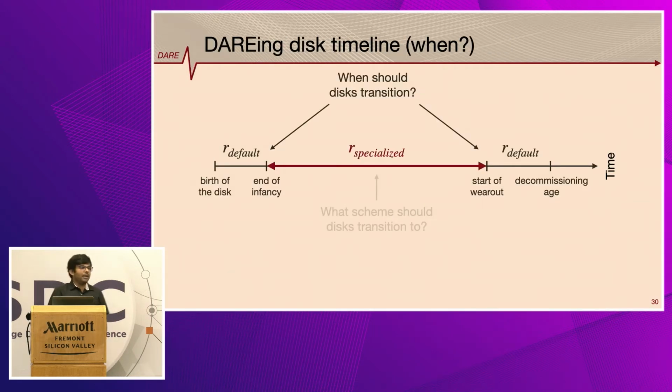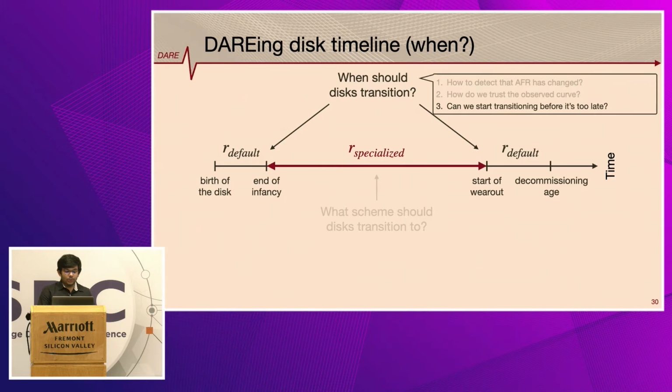So coming back to our timeline, we answered how should we decide when to change, what schemes to transition to, and in the first question, we add a third sub-question, which is, when can we start transitioning before it's too late, so that we can throttle our transitioning and do it safely. And for that, we use the